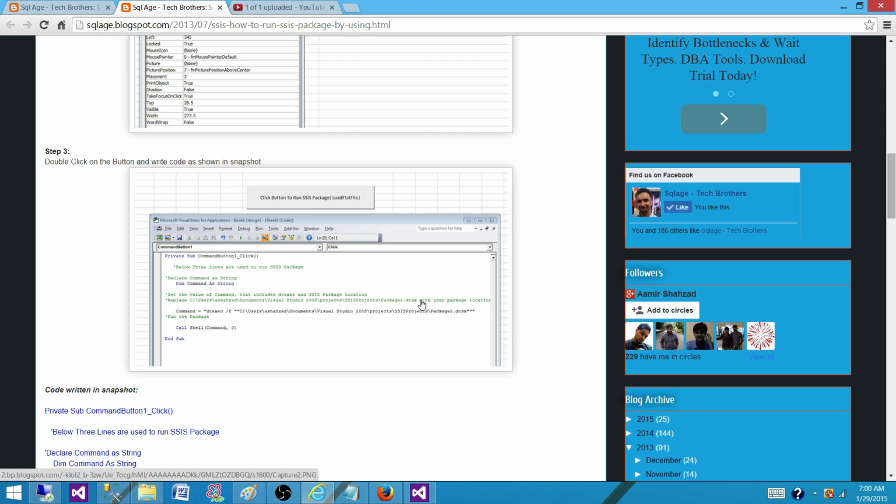So you can copy the same one and paste it here, and then at the end you say Call Shell(command, 0). That means we are not passing any parameters here, so just call that command and that's how it's going to initiate it. Once you click the button, it's going to initiate dtexec, and that will call the package, and that's how your package will run from the Excel macros.